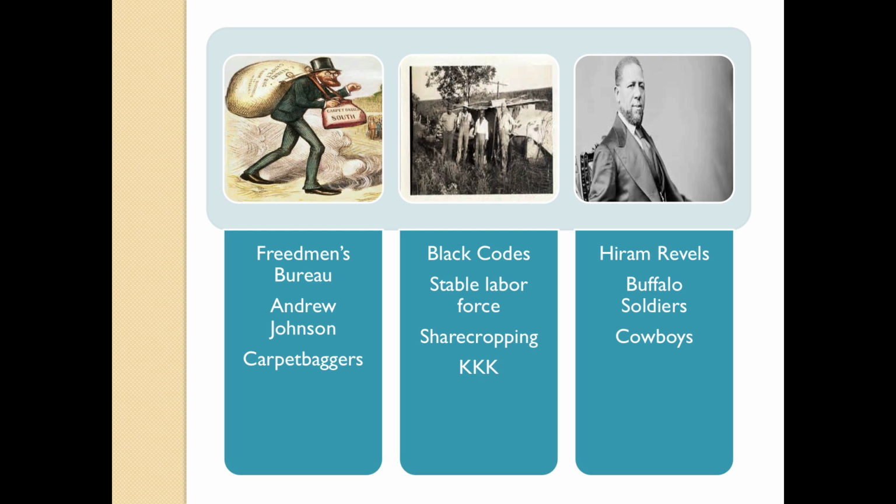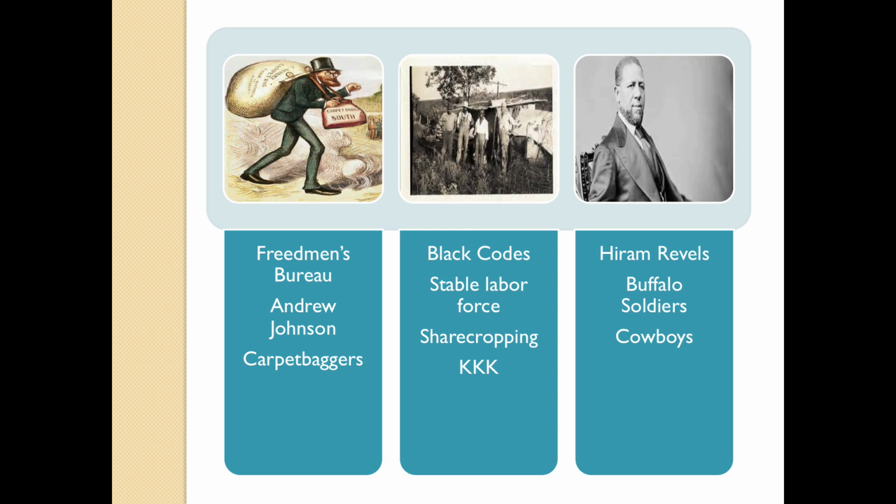The South didn't like these individuals and referred to them as carpetbaggers. Remember, these are individuals coming down from the North into the South to try to help, but the Southerners obviously disliked this. Andrew Johnson, a racist, is President of the United States after Lincoln's assassination. He will try to get rid of the Freedmen's Bureau and undermine everything that the radical Republicans are trying to do to help. Eventually, he will be impeached over this.